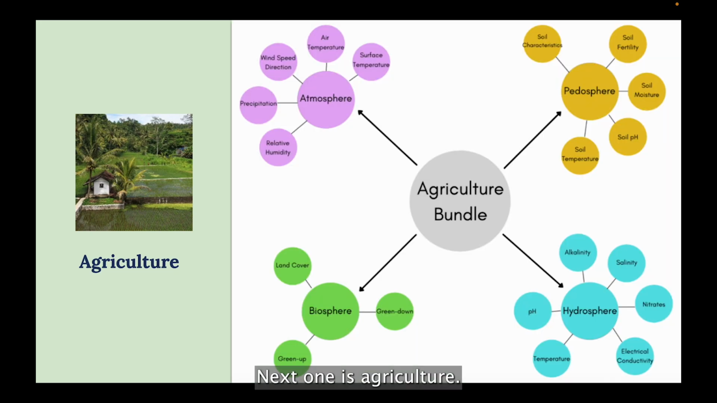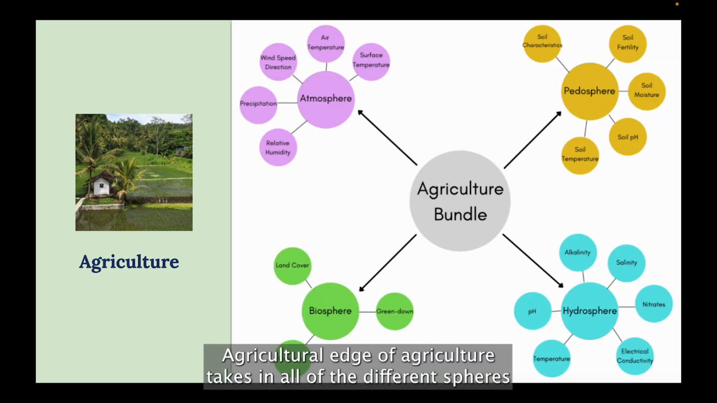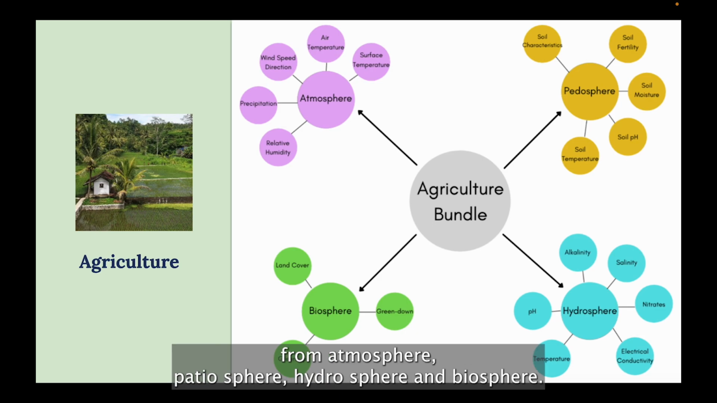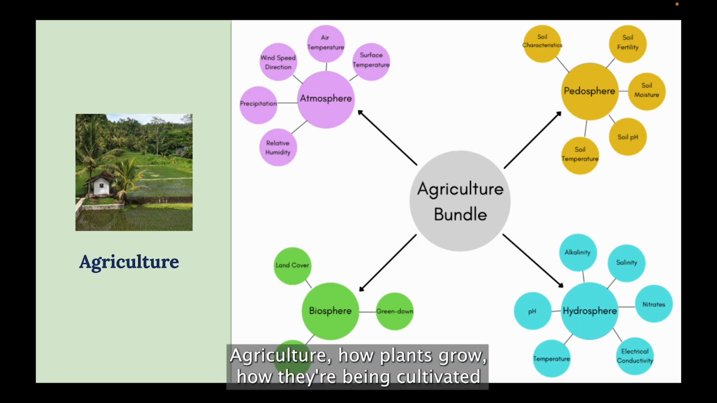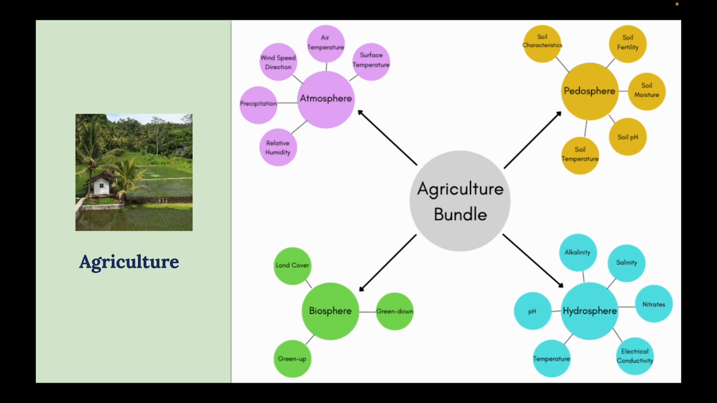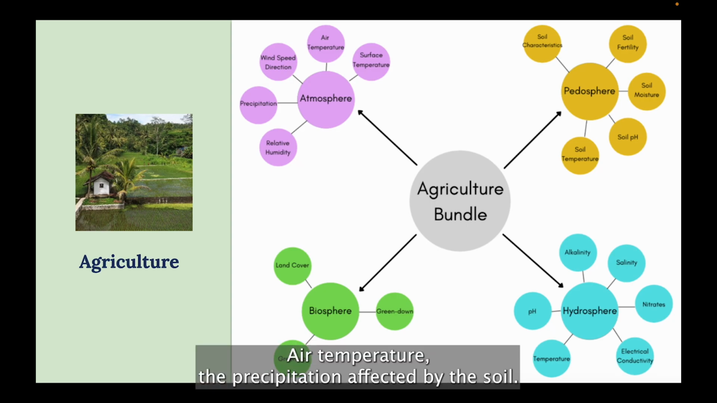Next one is agriculture. Agriculture takes in all of the different spheres, from atmosphere, pedosphere, hydrosphere, and biosphere. Because the dependency that agriculture has on the local environment is extreme. How plants grow, how they're being cultivated, is affected by the air temperature, the precipitation, the soil